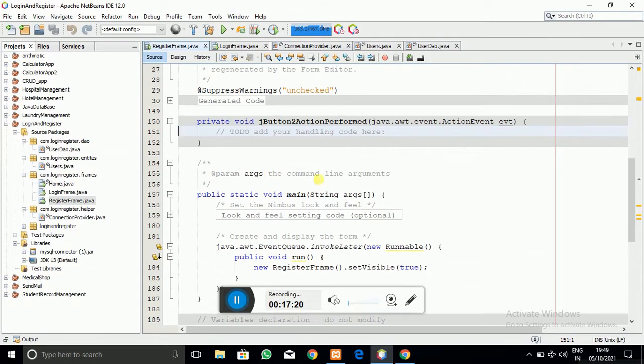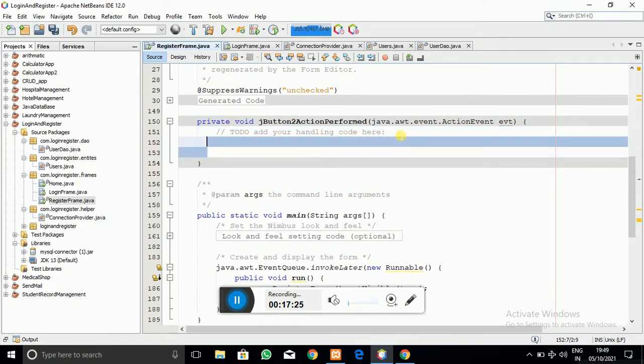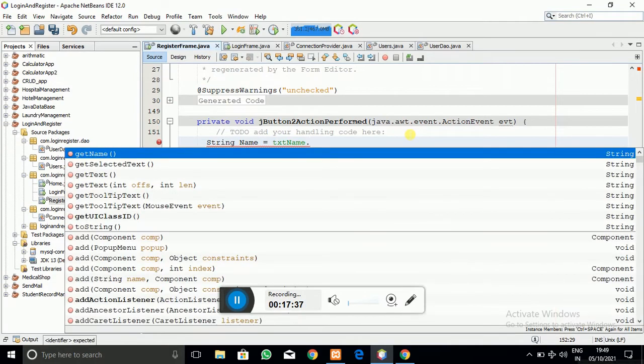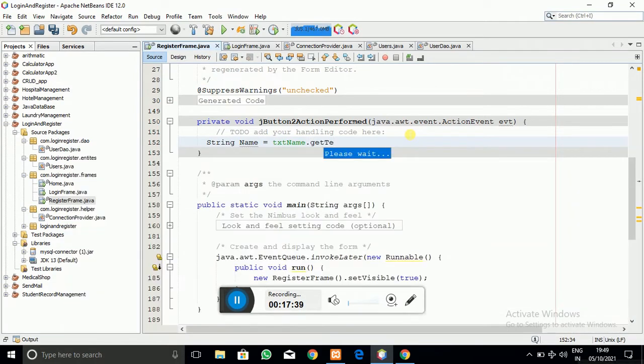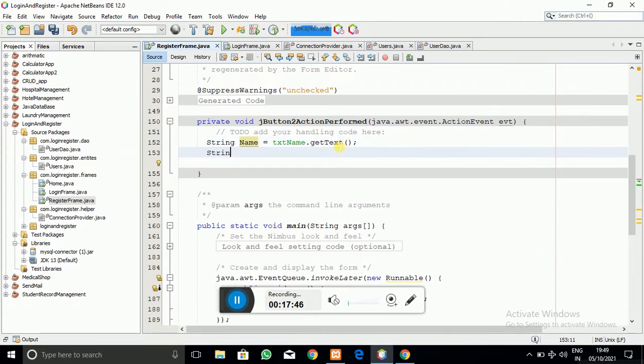Let's go to the action perform method, and in that method I have to create variables to store the data which I am getting from the text boxes. So this is the name variable I have given, text name dot get text, and in a similar way I am going to accept the email and the password 1 and password 2 also,